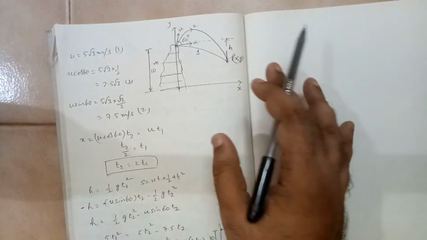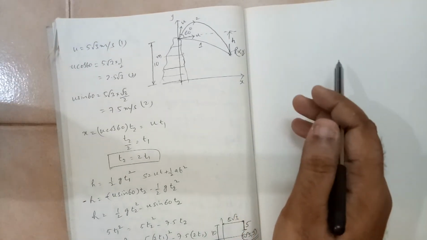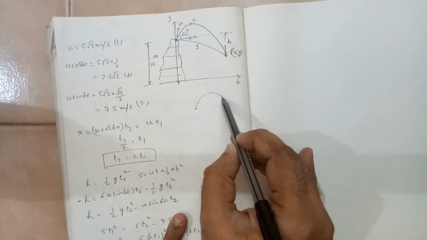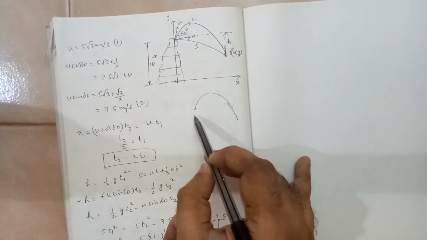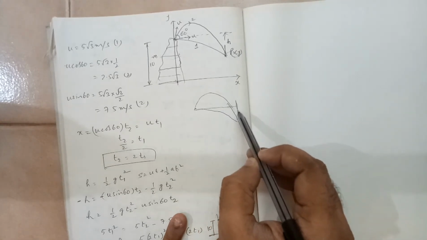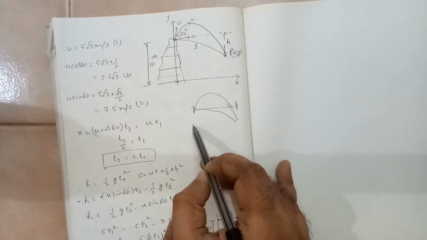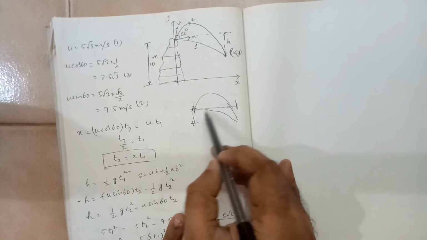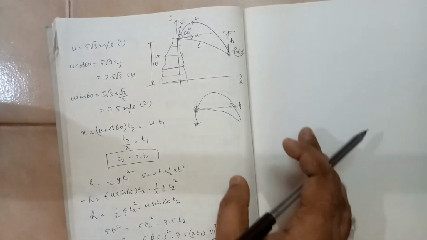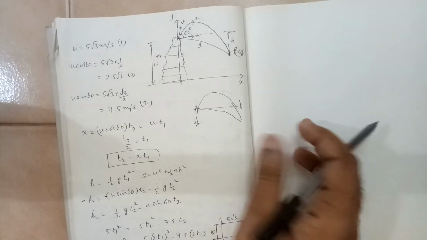Whenever this type of question is given, you need to identify what the condition is. One has been fired like this, and one has been fired like this. You can see that the x displacement for both the fires is the same and the y displacement is the same. The distance may not be the same, but the displacements are the same. So this is one condition we are getting.